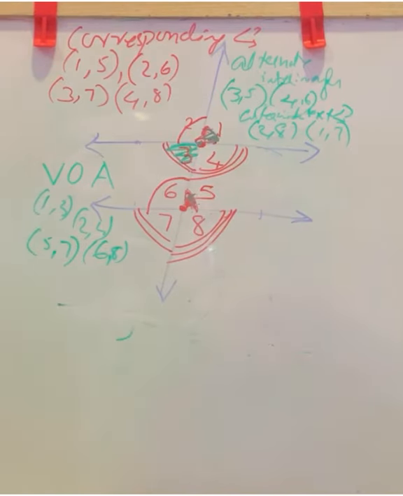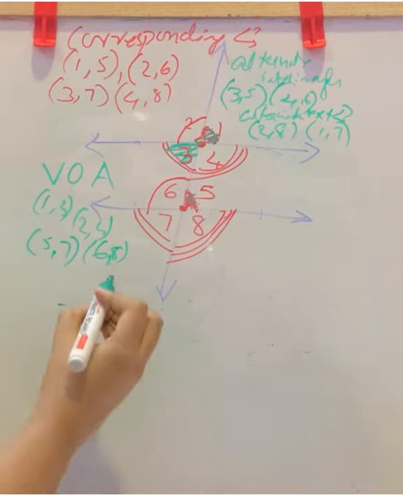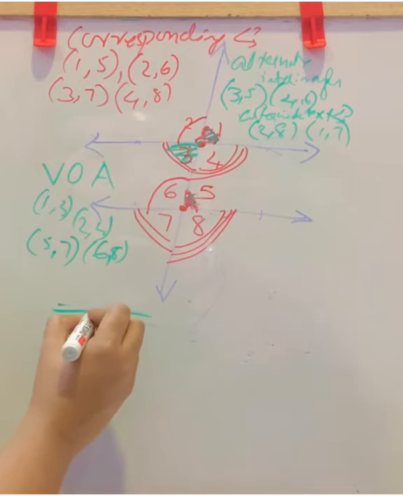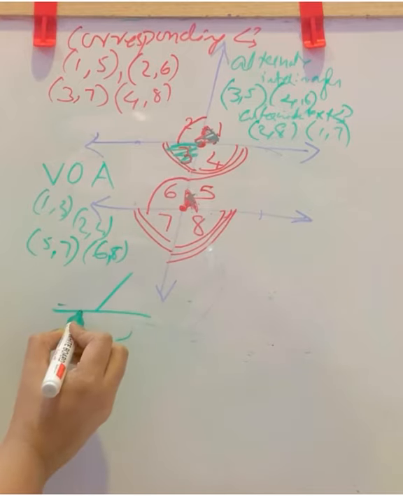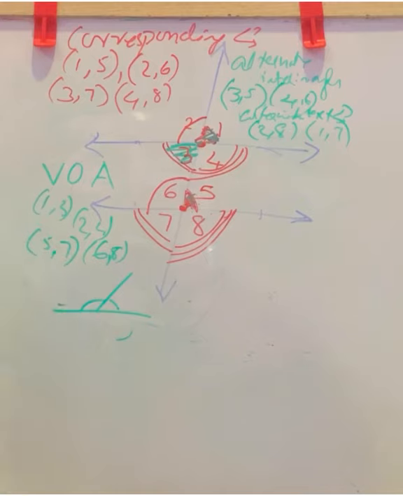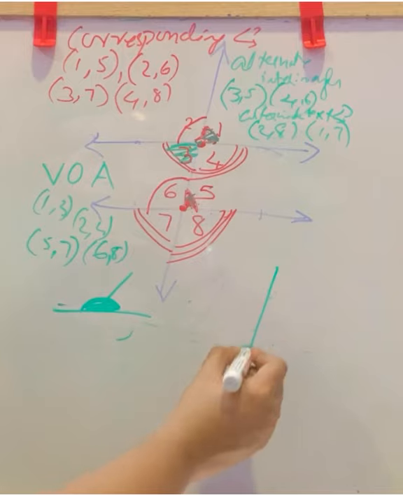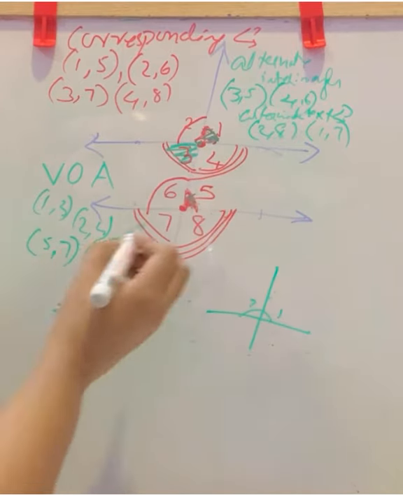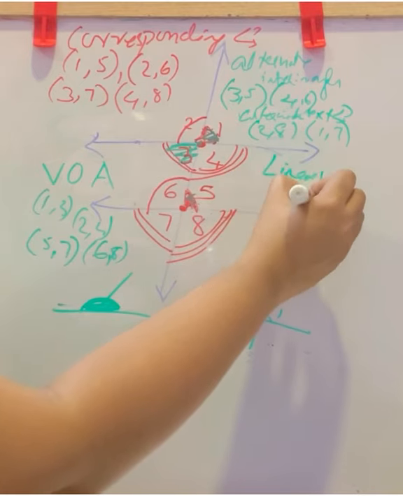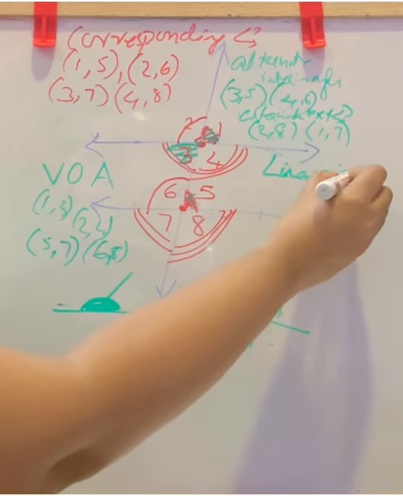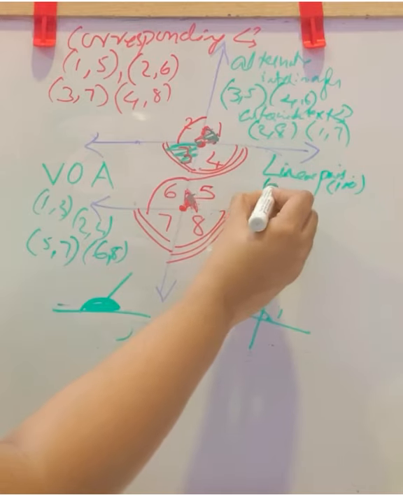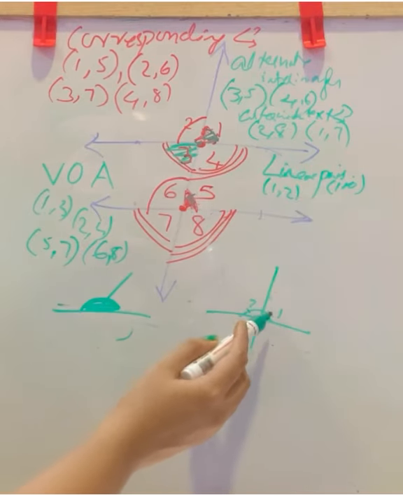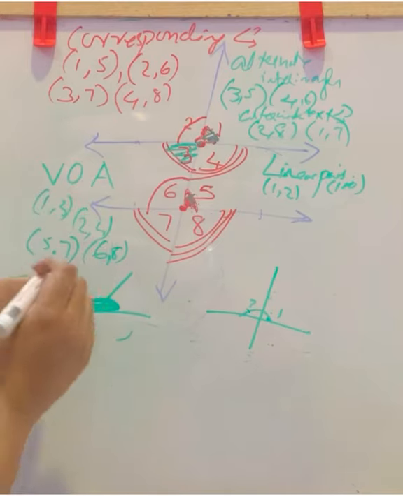Next we are going to check the linear pairs from here. So we know if this is a line segment and a line segment falling on it, we can say these two are linear pairs and their sum will be 180. So considering this part, 1 and 2, they are linear pairs. So linear pair, their sum is 180. Pairs are 1, 2. Angle 1 plus angle 2, you will get 180.